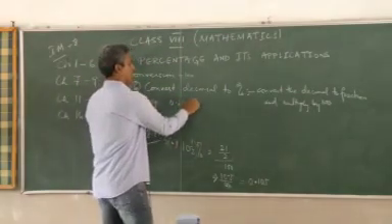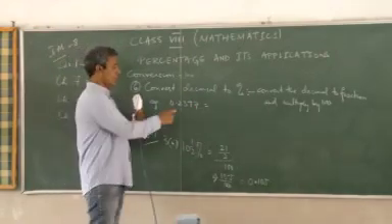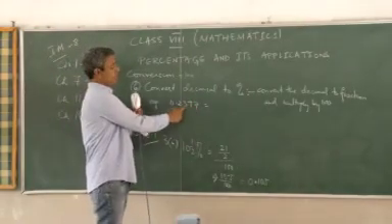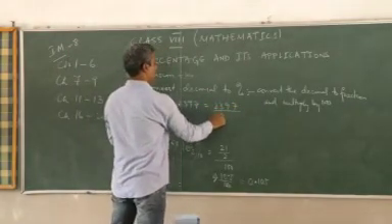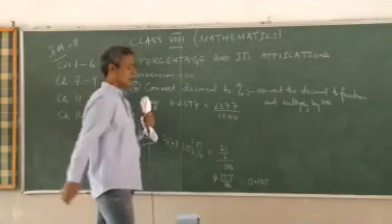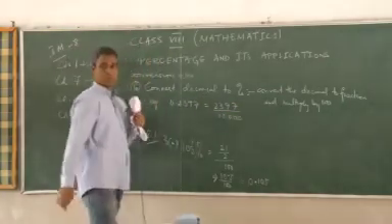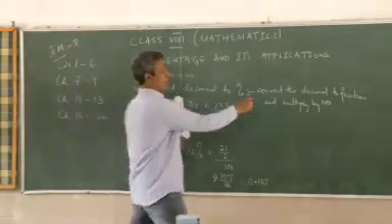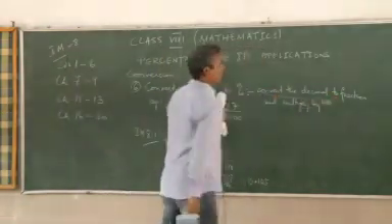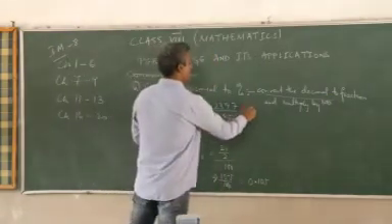0.2397 is equal to, convert that to a fraction. How many places are there after the decimal? 4. 2397 by 4 zeros. Is that correct? Now this is according to that first step. Convert the decimal to a fraction and then multiply by 100.